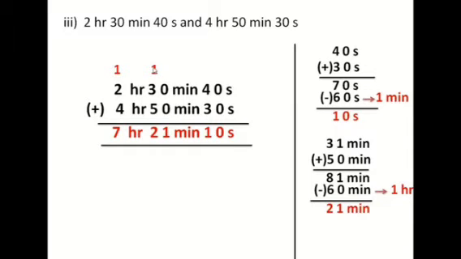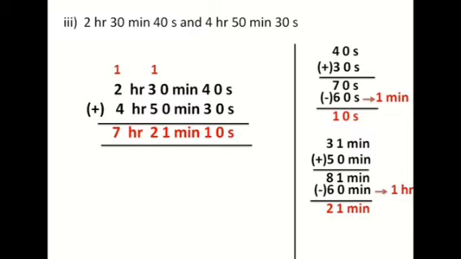Here 30 plus 1 gives you 31. 31 plus 50 gives you 81 minutes. As it is more than 60, you have to subtract 60 minutes from it. So the difference is 21 minutes. So 21 minutes will come here. 60 minutes means 1 hour. It will be carried over in the column of hours. So 4 plus 2 plus 1 gives you 7 hours. So the final answer is 7 hours 21 minutes 10